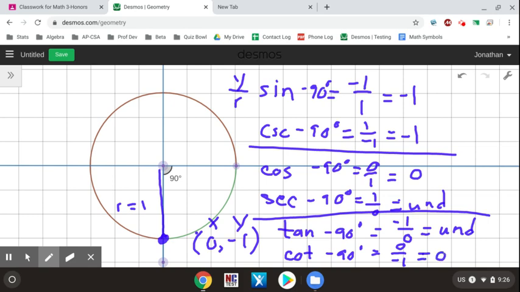And once again, like we mentioned the other day, if you have one value that is 0, its reciprocal is undefined. If one value is undefined, the reciprocal is 0. That relationship will hold for any of your trig functions. And since I'm going straight down, that is why the sine is negative, because anything going in the negative direction on the y-axis would be a negative sine in cosecant. Let's go ahead and look at number 4 as